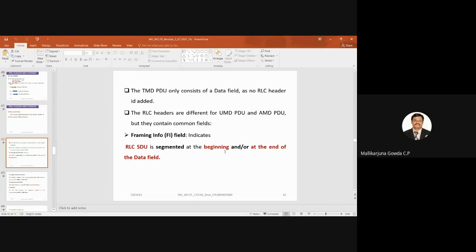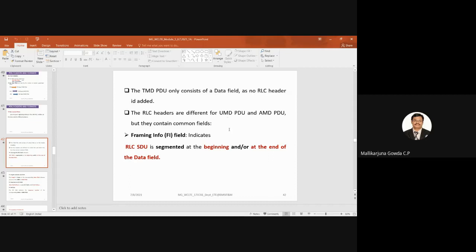RLC headers are different for different PDUs, that is for UMD PDU and AMD PDU, but they contain common fields. So let us try to understand what are the different fields in these headers, the RLC headers of the UMD PDU and AMD PDU.